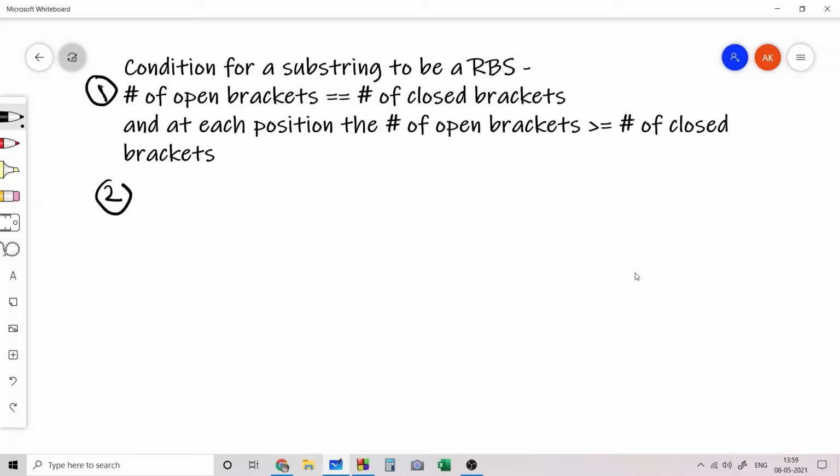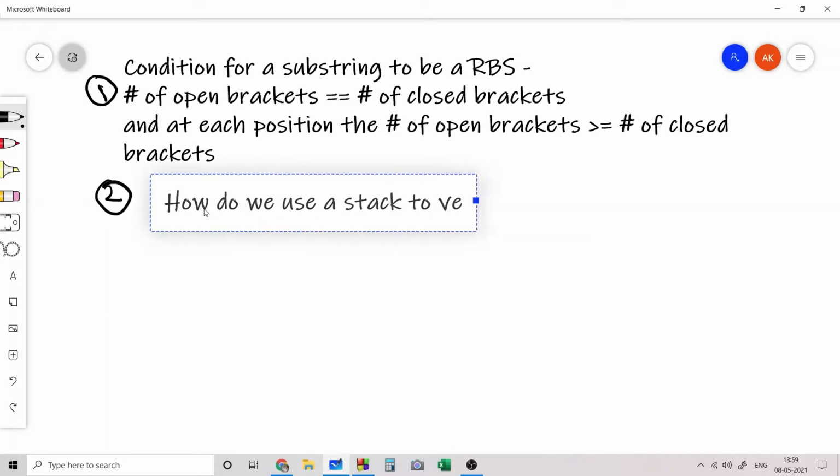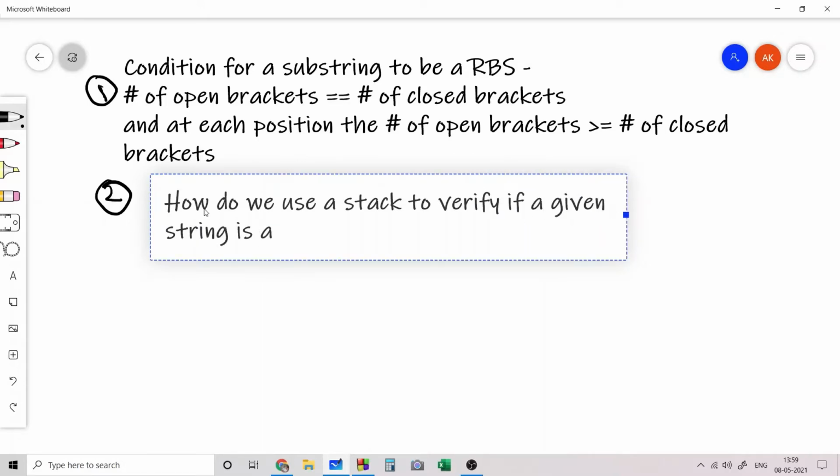And the second idea is how we use a stack to verify if a given string is a regular bracket sequence.